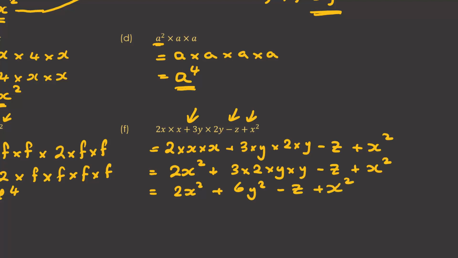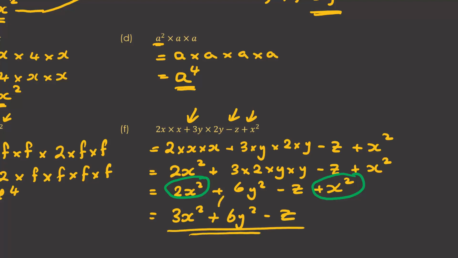Now we've got one more thing we can do because we have like terms. We've got 2x squared here plus an x squared there. And that means altogether there we have 3x squareds. So we have 3x squared plus 6y squared, take away z, and we can't put those together because you can't put them together by adding and subtracting. But we'd have no problem putting x times y together if we were multiplying